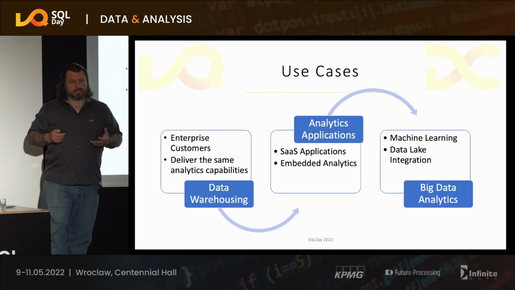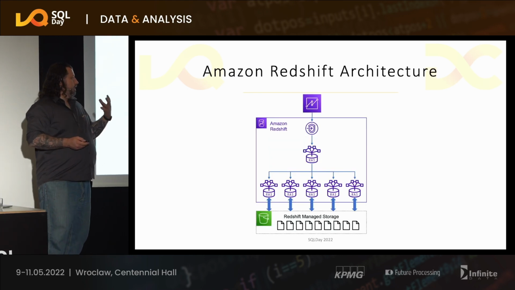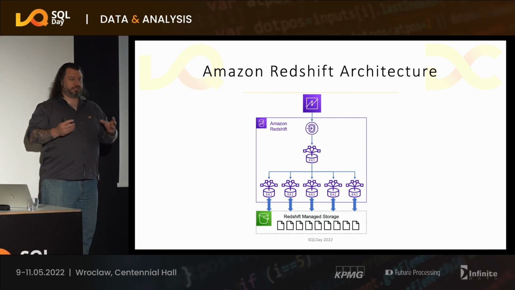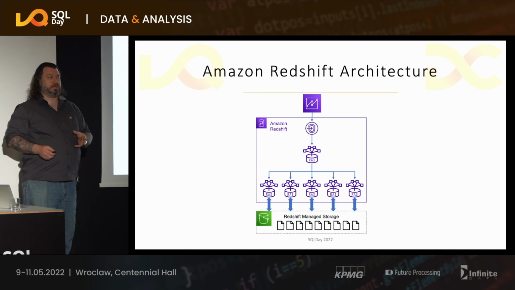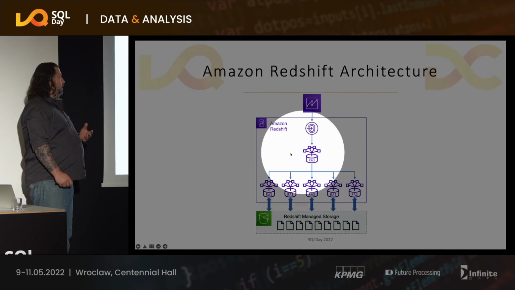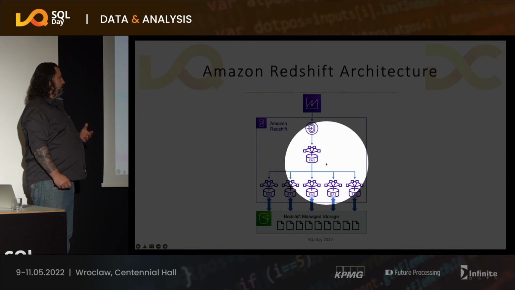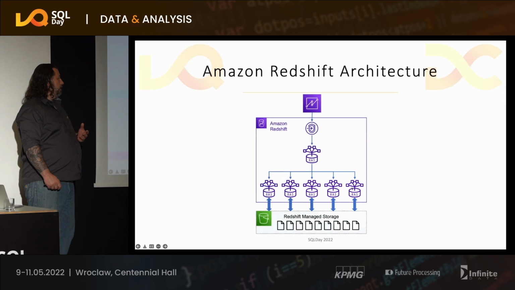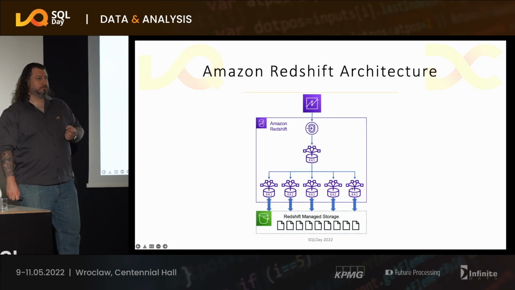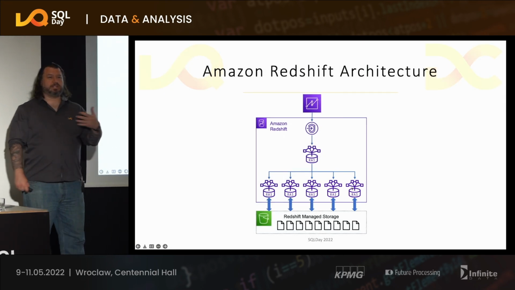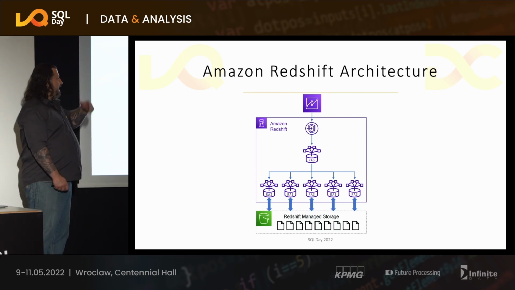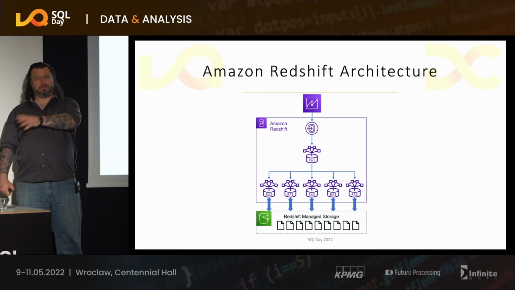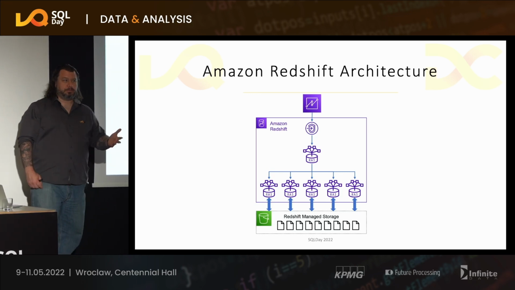What does it look like under the covers though? So, your typical Redshift environment at its core is the Redshift cluster. Okay, referred to as a cluster because we have multiple components here. We've got the leader node and we've got the compute layer. Okay, there is one leader node. Kind of name gives it away. This is what we interact with. Okay, we've got a common endpoint as well, which we point our tools at, whether it's an administrative tool like Workbench or whether it's an analytics tool like Tableau. Okay,